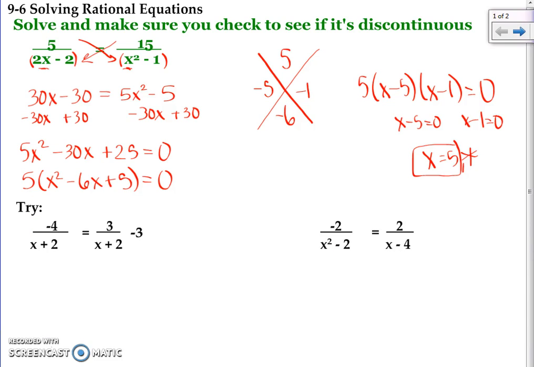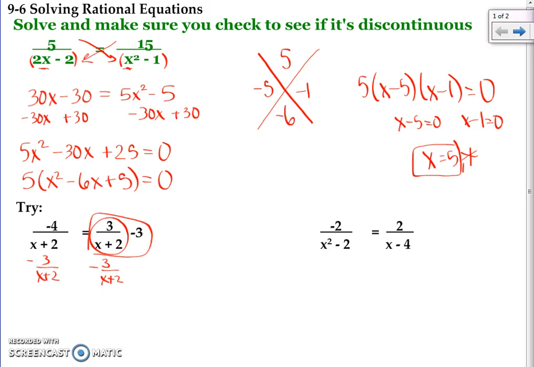So on the left here, you'll notice we don't have fraction equals fraction. We have fraction equals a fraction minus a number. Okay, so we do need to make sure that we have just a single fraction equals a single fraction. Now you'll notice here that we have the same common denominator here. So what we can do, instead of combining these over here into one fraction, which you can do if you get a common denominator, x plus 2, we could simply just subtract this fraction on the left-hand side, okay, because they've already got a common denominator. So if we subtract 3 over x plus 2,